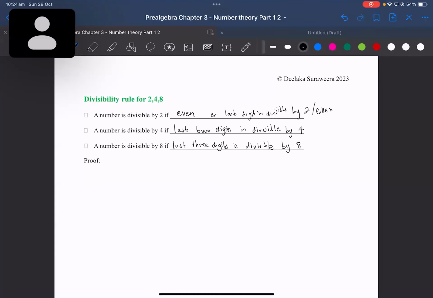Proof for 2 is obvious. I'm going to prove the divisibility rule for 4, right? Let's say I have a really big number, 1, 2, 3, 4, 5, 6, 7, 8, blah, blah, blah,